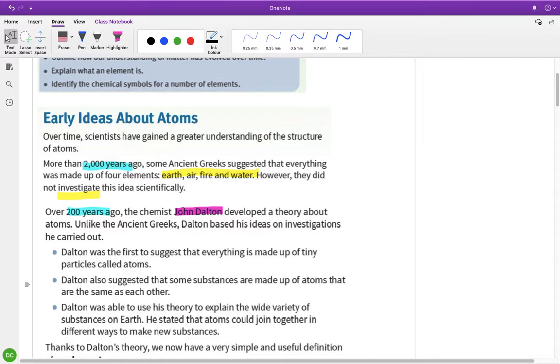And then Dalton expanded his theory a little bit, because obviously